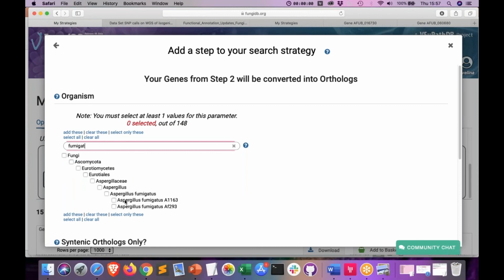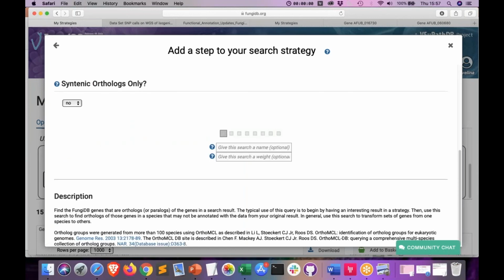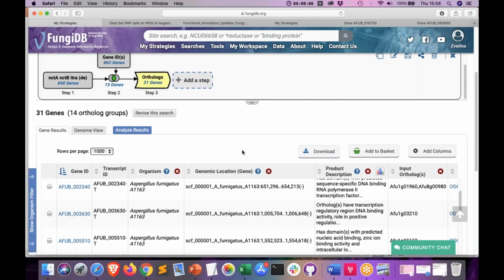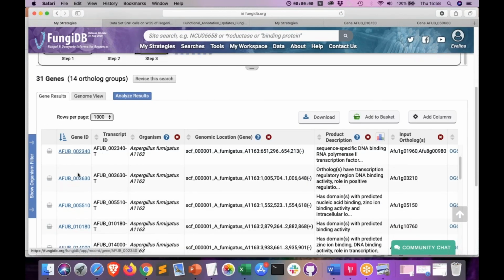Here, what I'm doing is essentially harnessing the data that I have identified in the reference strain AF293, and transforming my data into another strain. That potentially is quite an important step, because you may have a different number of genes, as we see in this result, matching your search. That means that for one gene in AF293, there could be 1, 2, 3 or more orthologs matching in the 1163 strain. To examine this data further and visualize the phenotypic data, you can click on individual